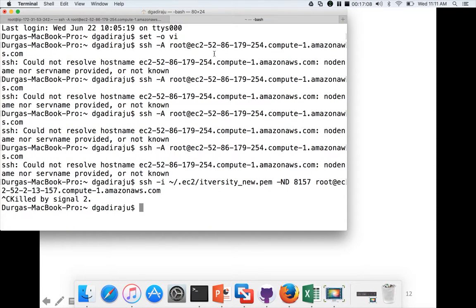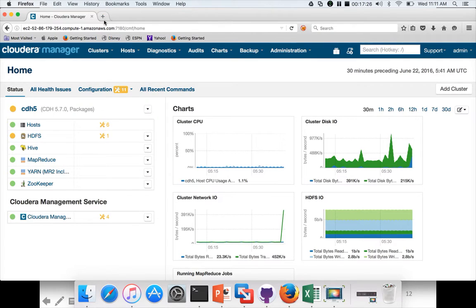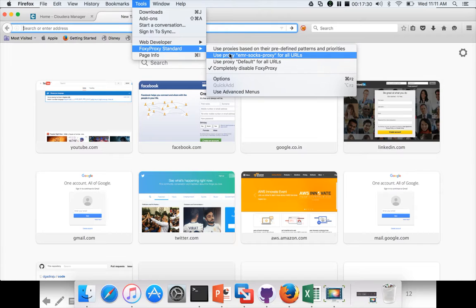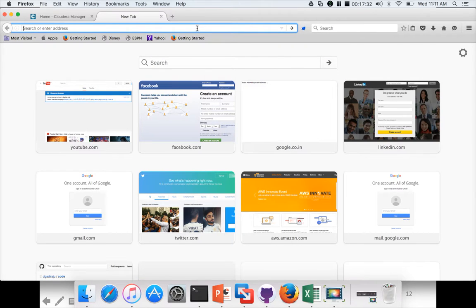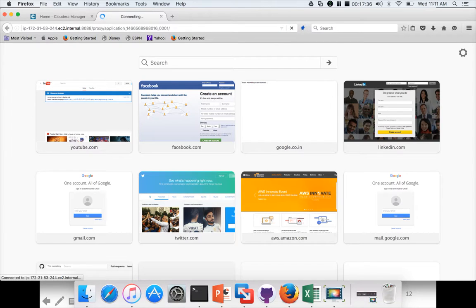Sorry, not this one. Yeah, this is the one. And now I have to enable FoxyProxy. So tools, and then paste this URL once FoxyProxy is enabled.